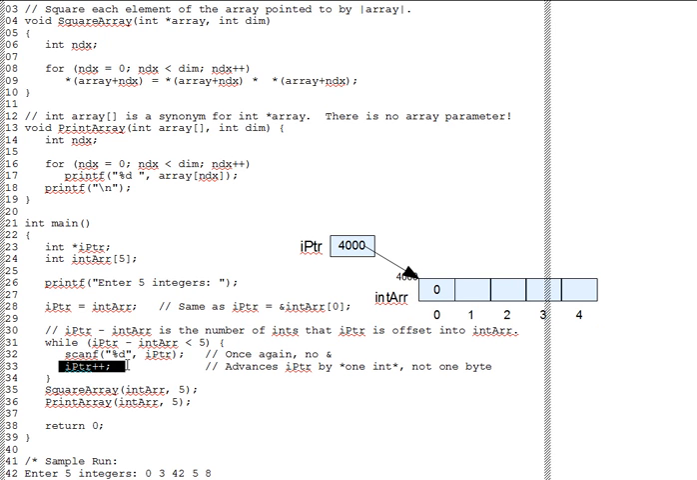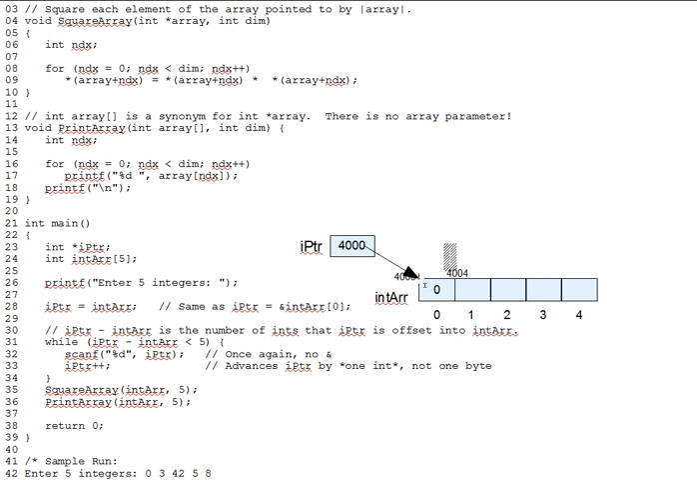Can we increment a pointer? Yes, and the effect is almost what you'd expect. The address in the pointer increases, but not necessarily by 1. It increases by 1 target size. In our diagram, for instance, int array bracket 0 is at address 4000, and int array bracket 1 is at address 4004, assuming 4-byte integers. Incrementing iPointer increases iPointer by 4 bytes, not 1. So it points to